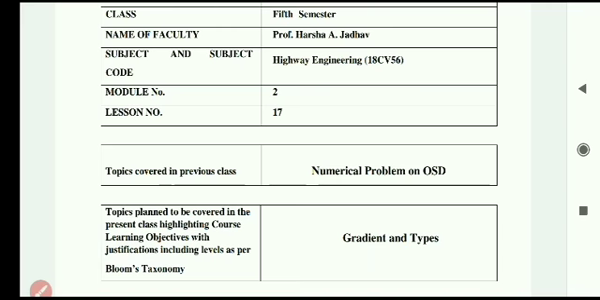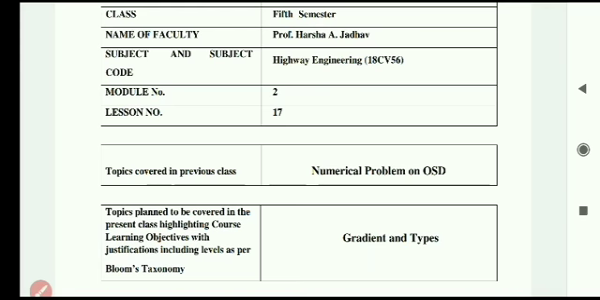Before going to today's concept, that is gradient and types of gradients, I would like to brief about whatever we discussed in the last class, that is lesson number 16. In lesson 16 we focused on what we mean by superelevation, and the minimum amount of superelevation, where 2 to 4% is provided for drainage purposes,